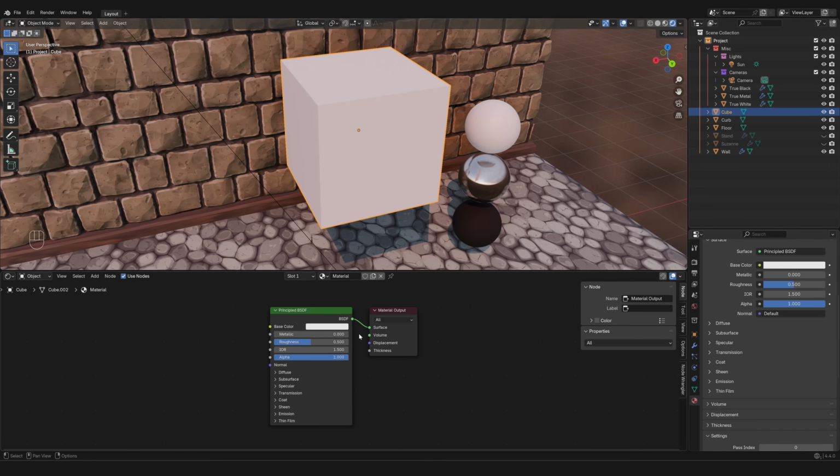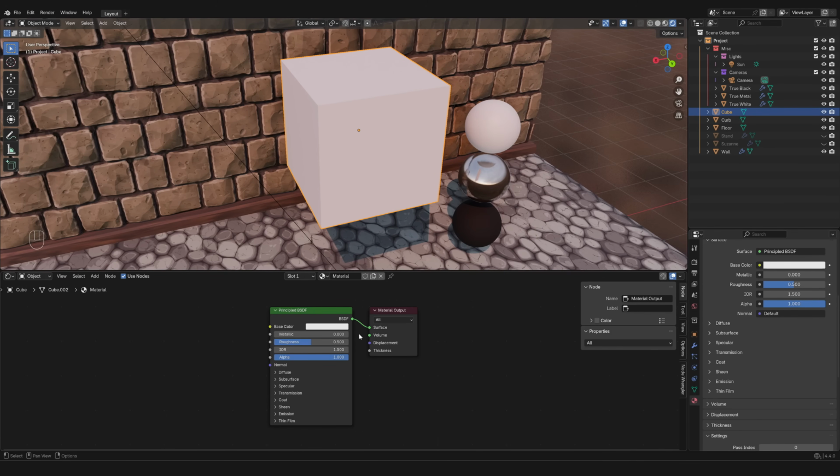Now, the principled BSDF is sort of the most popular node that you will use in shaders, as it allows you to create most materials. It sort of features a collection of the properties that you're most likely going to need to describe a material, and it fits all of them into one compact node, and from there you can create almost any material. Now, the first one, of course, is the base